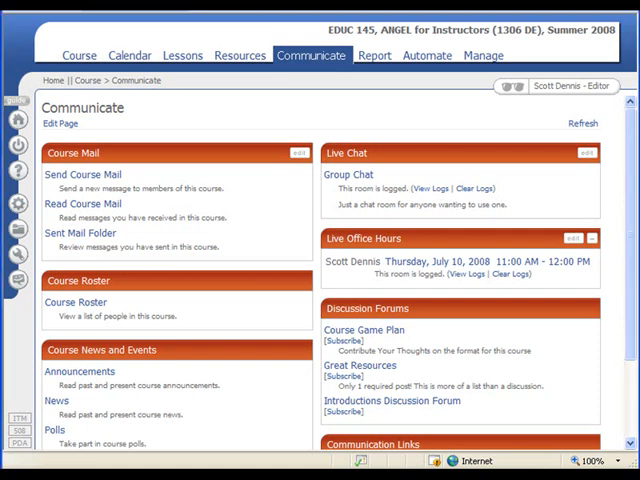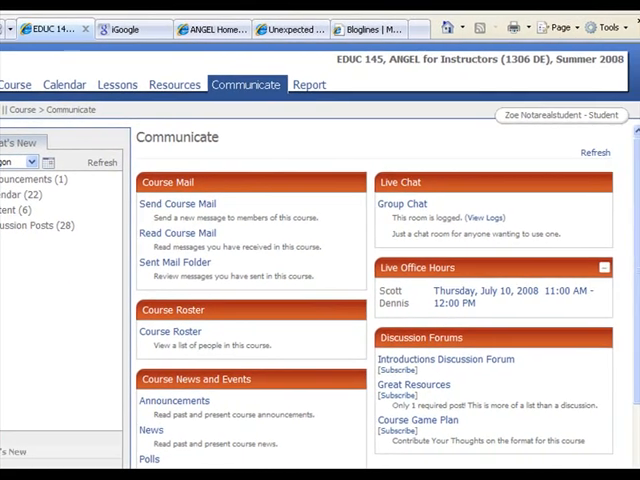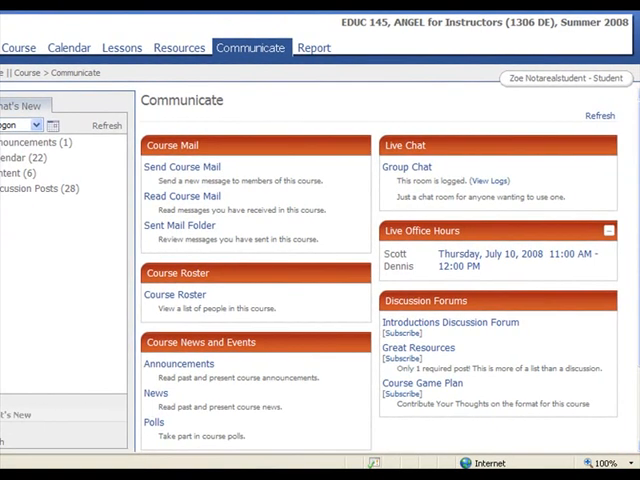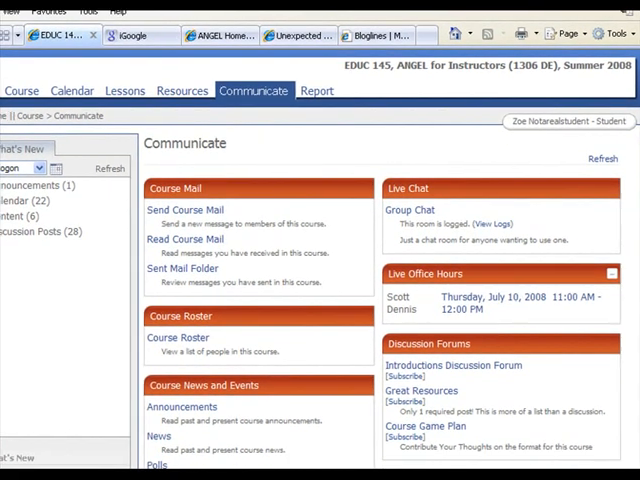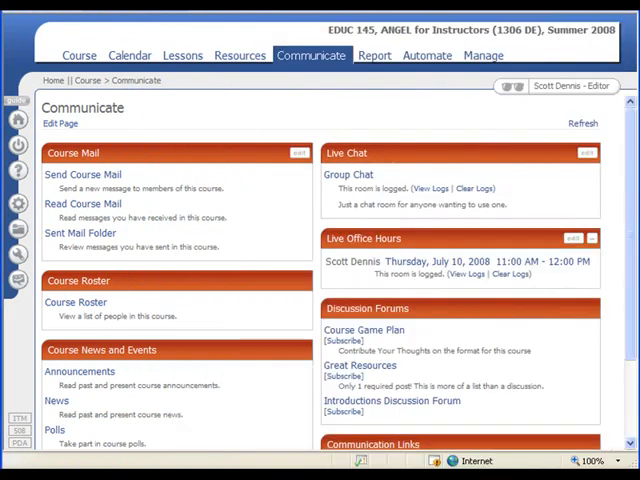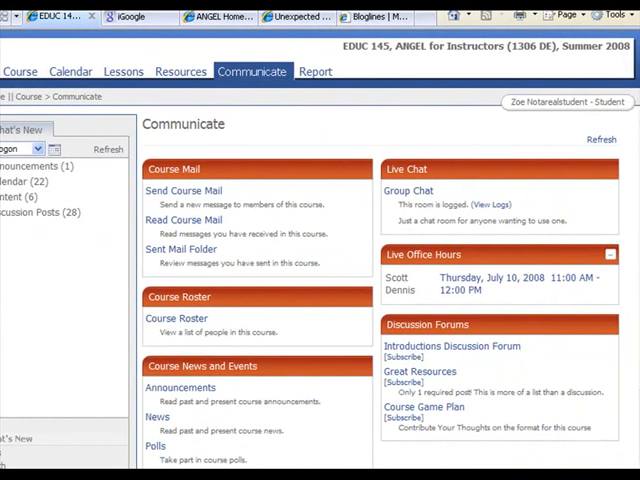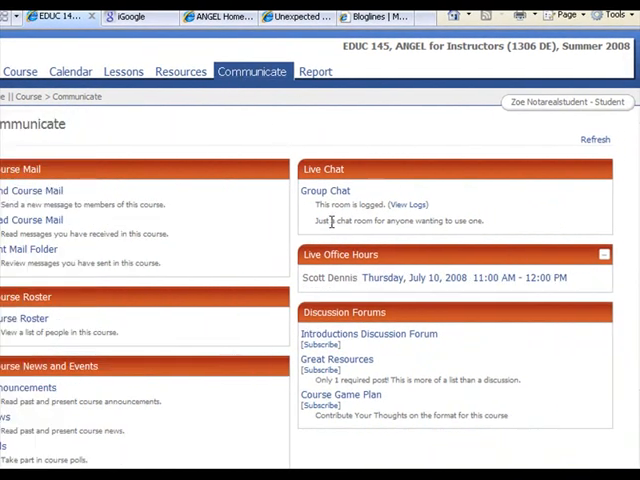I have a window open that I'm logged into Angel in. I have another window open that has Zoe Not a Real Student logged into it, and we're both going to be in the same course, EDUC 145. And I'm going to go into the, well, first Zoe will go into the Live Office. So she's gone to the Communicate tab and then to the Live Office hour, which is scheduled here,